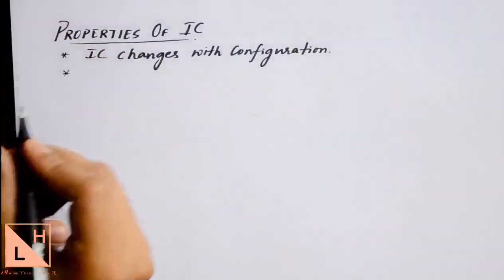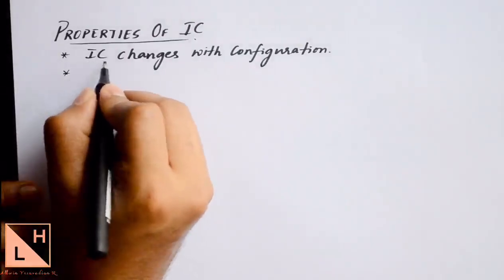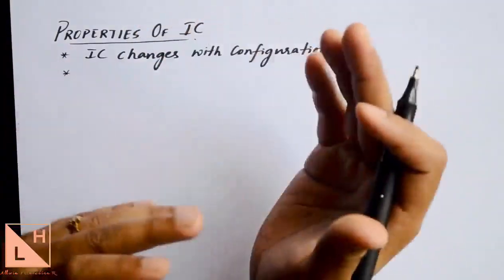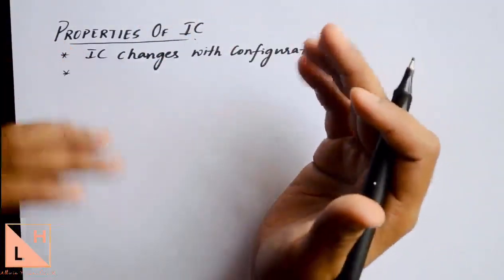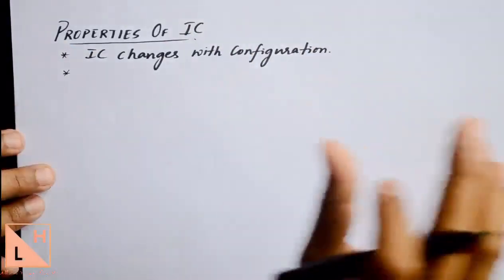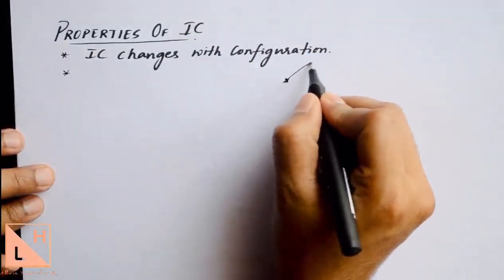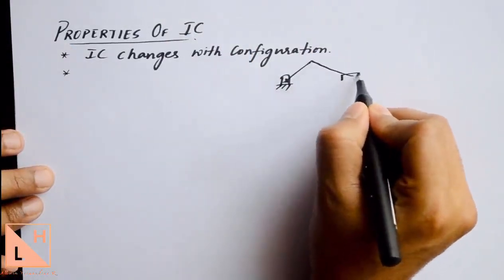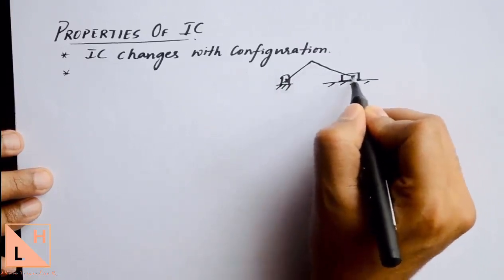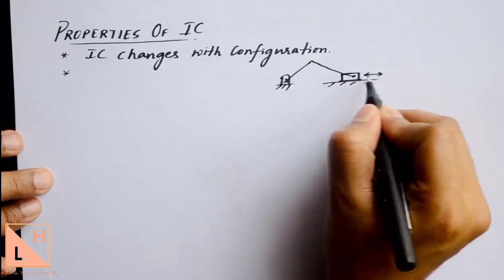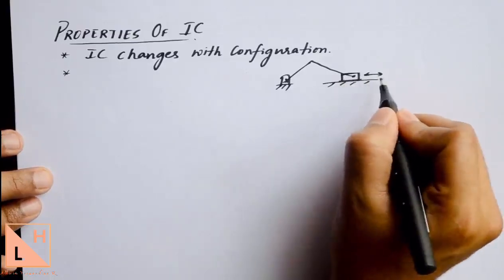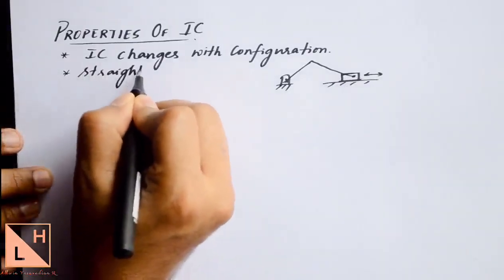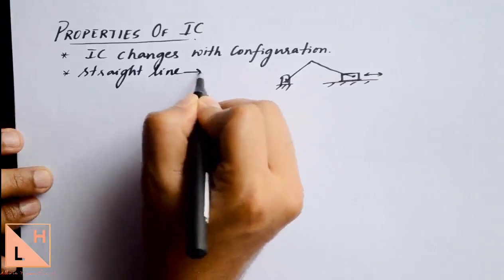The second property of the IC is that the IC itself is the center of rotation. You won't always have rotation and linear motion combined in a link. In some cases you will have a purely straight line mechanism. For example, in a slider crank mechanism, if this is a fixed point and we have a slider sliding on the floor, this slider will have perfectly linear motion. This slider will never possess a rotational motion. So if you have completely straight line motion, then the IC will be found at infinity.